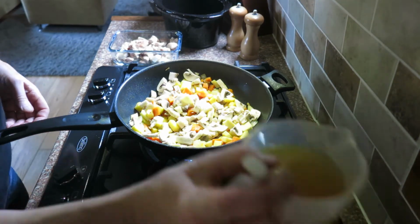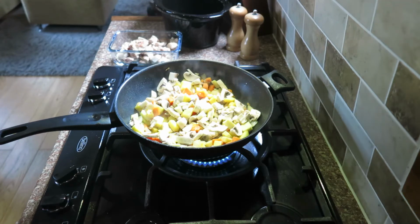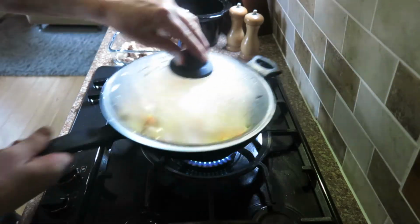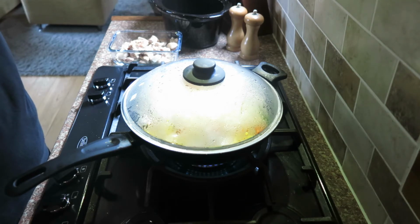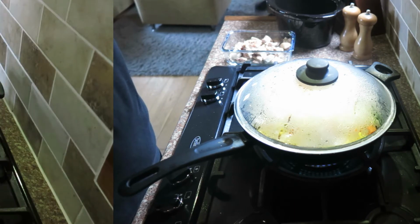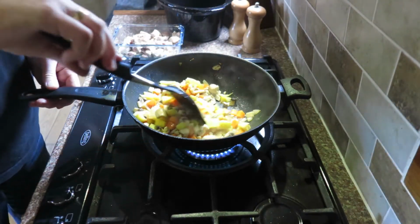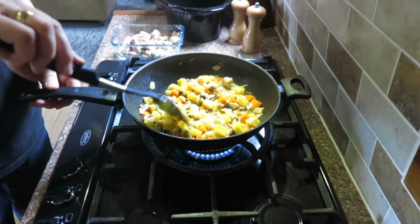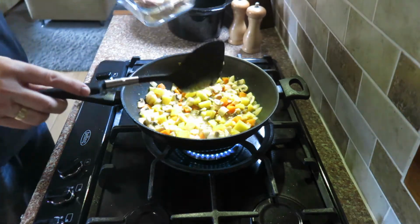Now what I'm going to do, I'm going to just put a little drop of stock in the pan. Pop the lid on. And this is actually just going to help steam and soften the vegetables without giving them too much colour, because we're not looking to brown them excessively, and putting the lid on it just speeds up the process a little bit, and the moisture obviously from the stock does help. Now the vegetables in here now have been in about another 3 or 4 minutes, and you can see the mushrooms are now cooked through. Now that little bit of liquor that's in there from the stock will eventually evaporate out. At this point we're going to put the chicken back in,